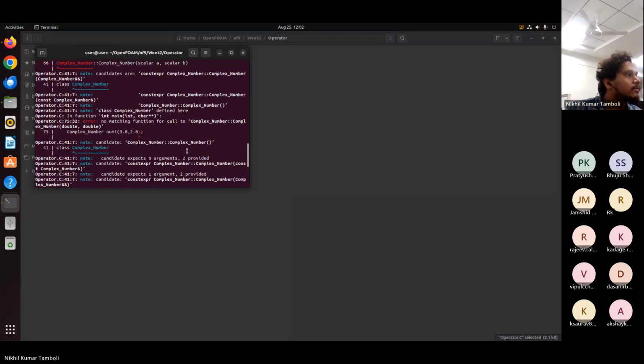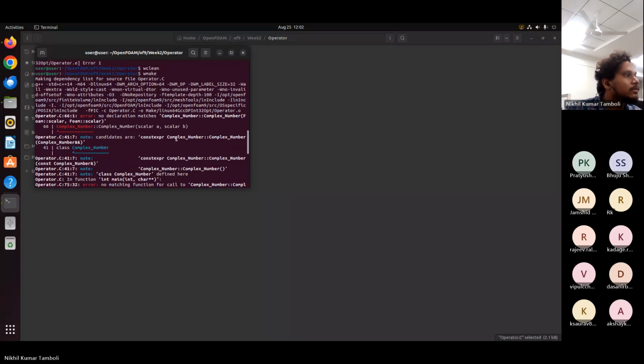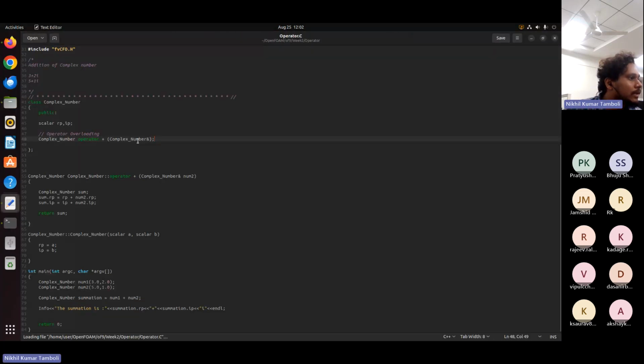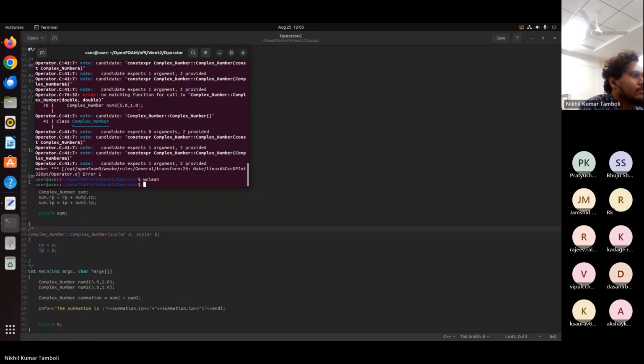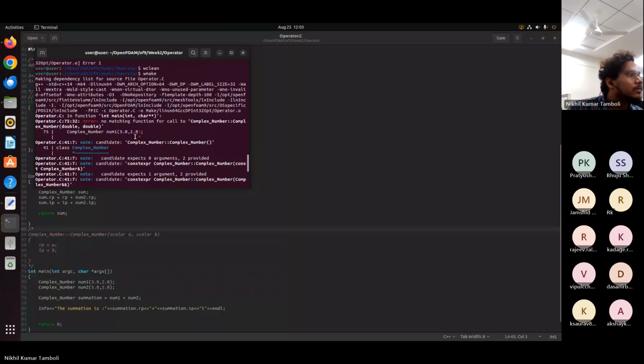Now what is the error? No declaration matches. So let's just comment this part, because we are not calling this constructor function as of now. Now that error has been removed. Now it is saying